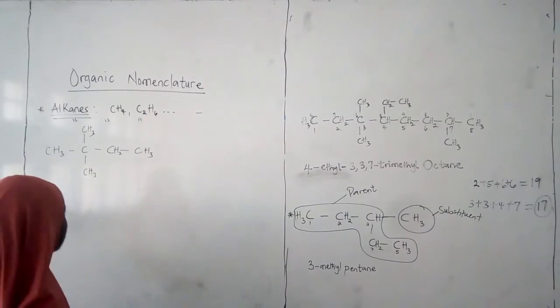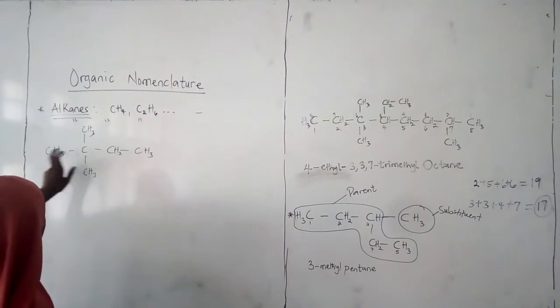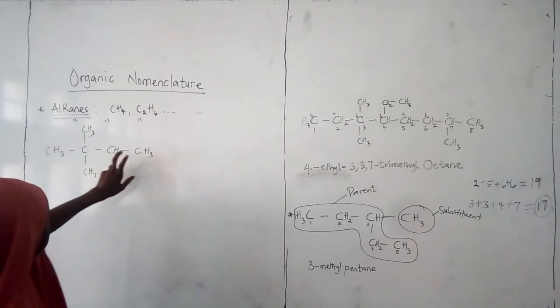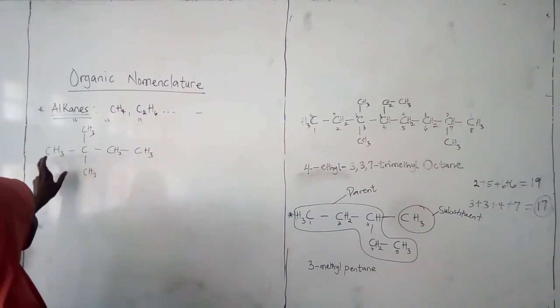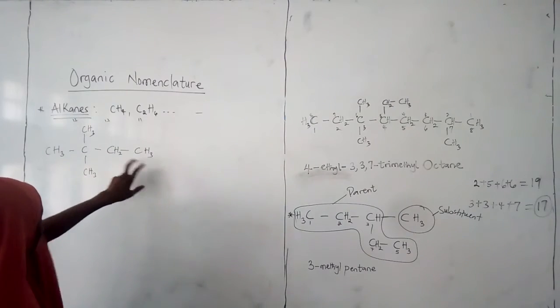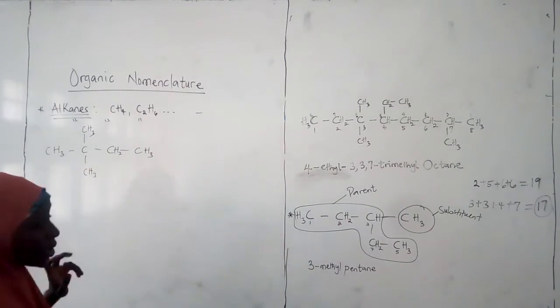Now our parent chain here is 1, 2, 3, 4. We have 4. 1, 2, 3, 4. We still have 4. No, 1, 2, 3, 4. Now 4 is our longest chain, so